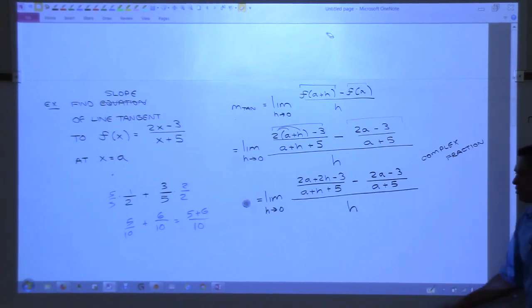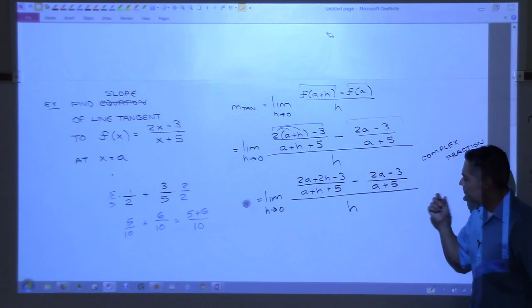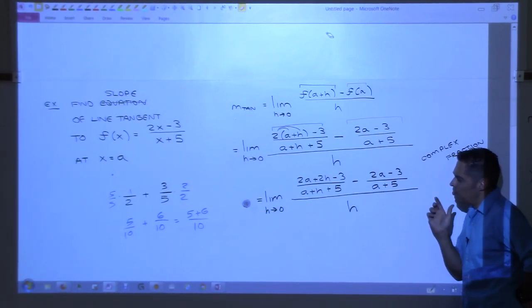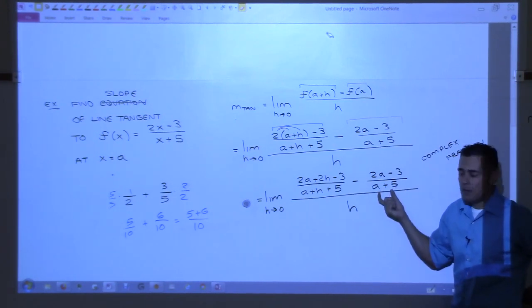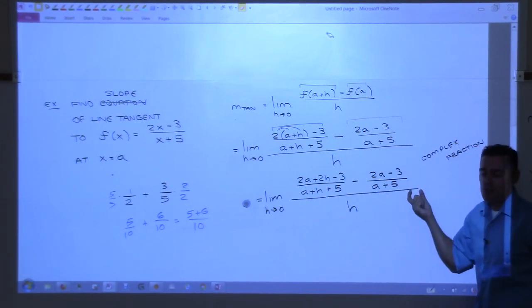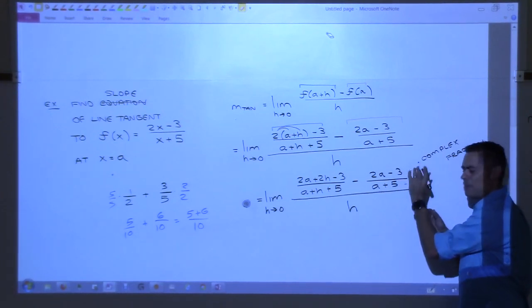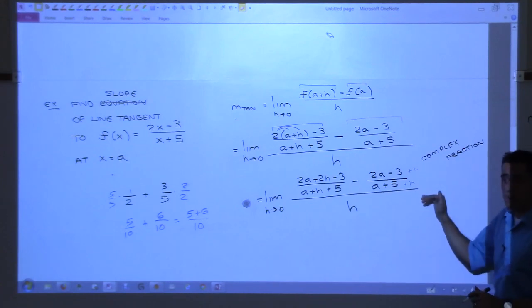But common denominator is a little more complicated. In numbers, it's easy. But with this, what would our common denominator be? Let me show you first a mistake that people make. They say, look, I've got a plus 5 here, I've got a plus h plus 5, so all I'm missing over here is a plus h. So they somehow try and do a plus h or plus a or something, and you can't do that. You cannot do that. You can multiply the top and bottom by something,